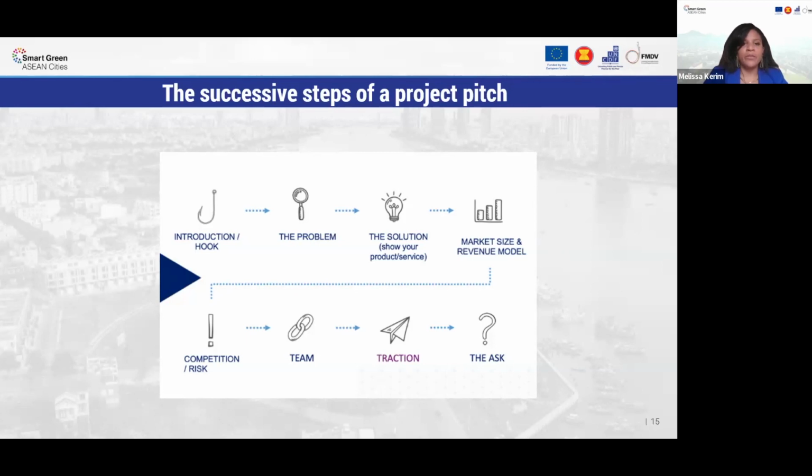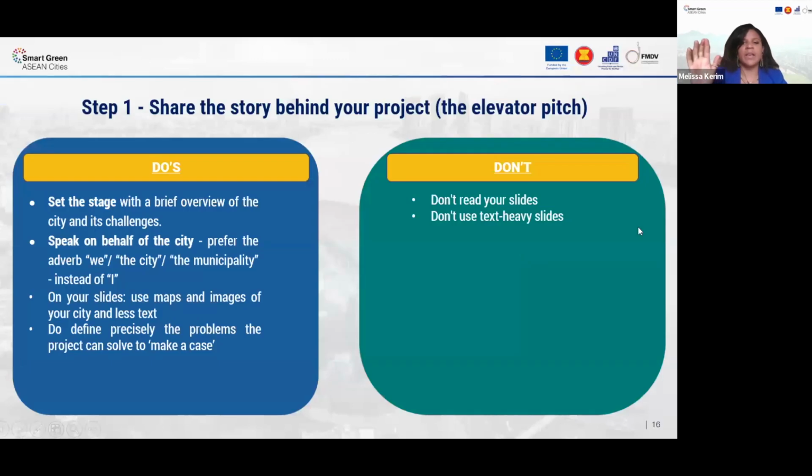If we go to the next slide, the pitch has 5 different steps that correspond to the 5 slides that will be shared with you by the program managers of the SGAC program. You need to start, of course, with an introduction, which is also called the elevator pitch. During this introduction, you need to introduce yourself and also tell a story to get your audience's attention. It is also called the hook by some